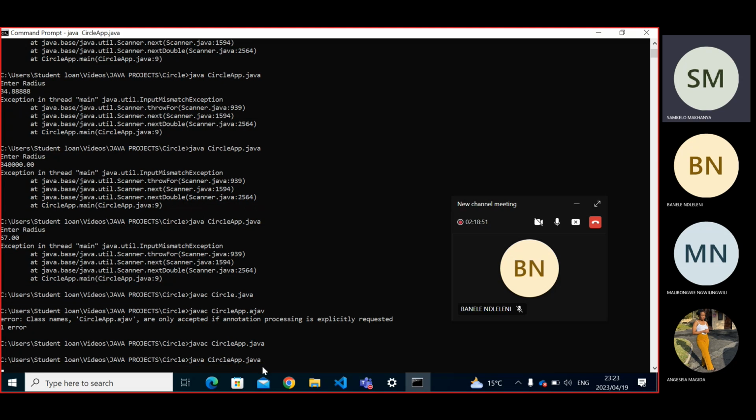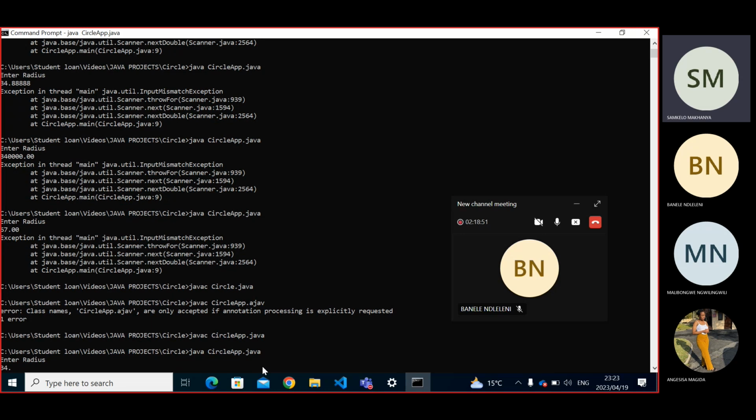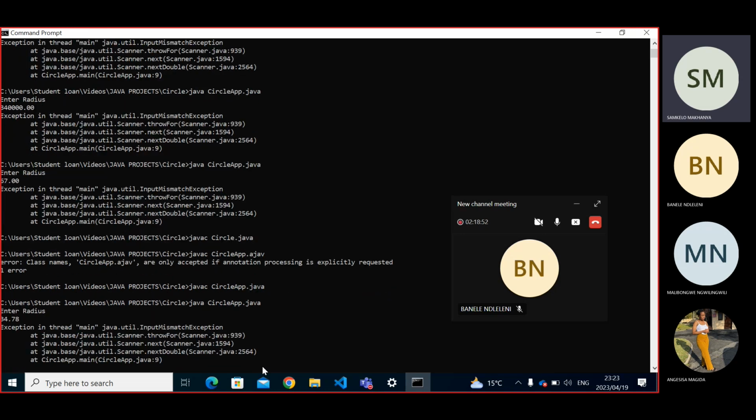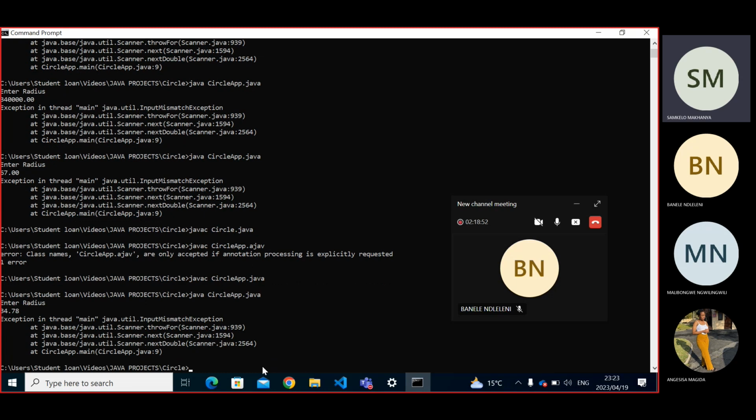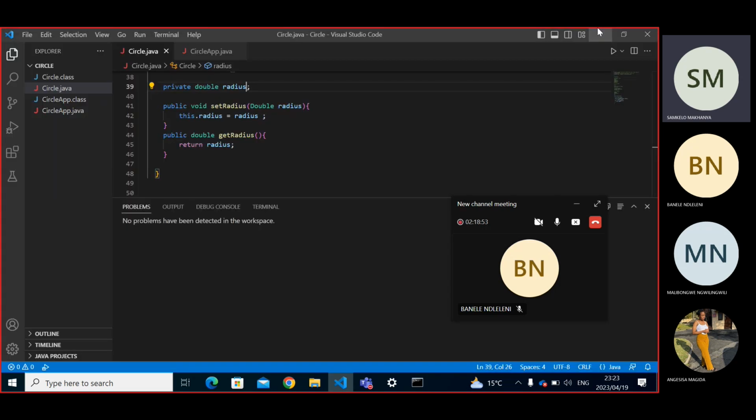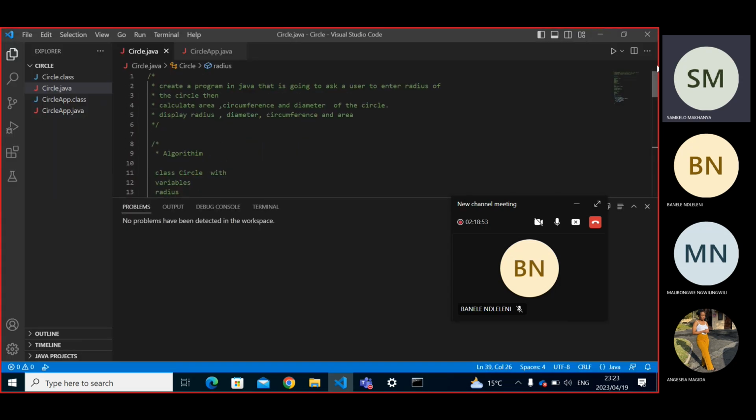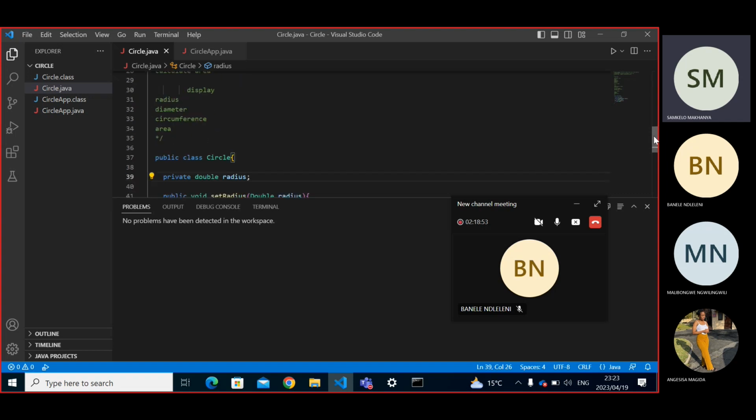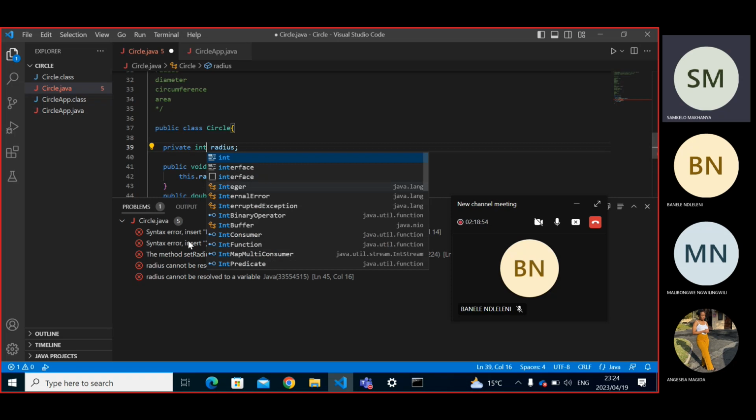Exceptions are those errors that rise when you enter the wrong input, just like me now entering 34.78, but it's telling me no, this is not a double. 34 is supposed to be a double. But now let me choose some other integer, say int. Obviously int is going to work, but